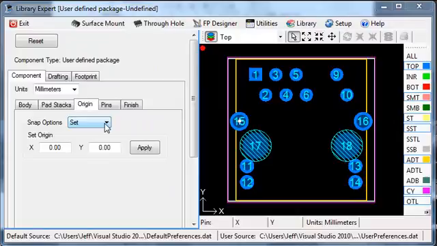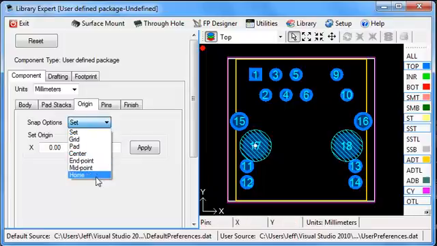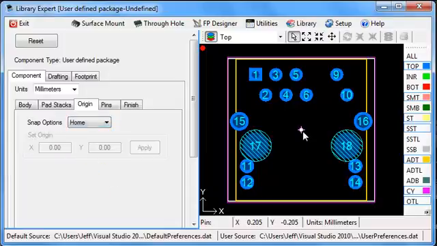Before we put the finishing touches on this part, we're going to set the origin to where we want it to be when the part's finally finished. And that can either be on a pad, like pad 1, or we can put it on the left mounting hole where it was originally. Or we can put it back in the middle of the part. That's called the home position, and that's the very center of the extents. Or if you want to use it for placing the part on the board edge, you might want to put it on the middle center. I'm going to go ahead and put it on this mounting hole. And now we can click the Finish tab